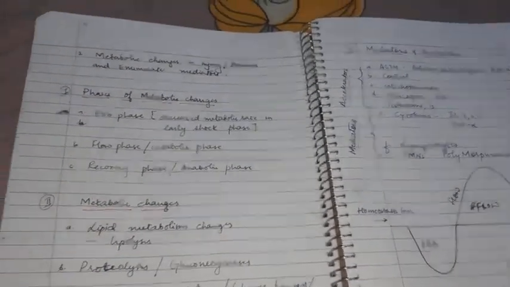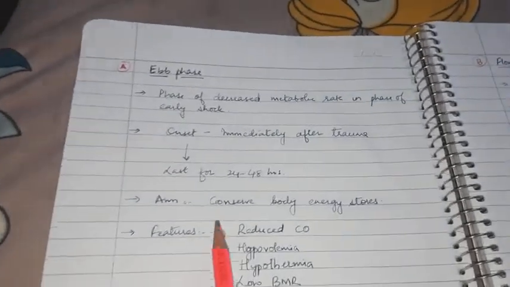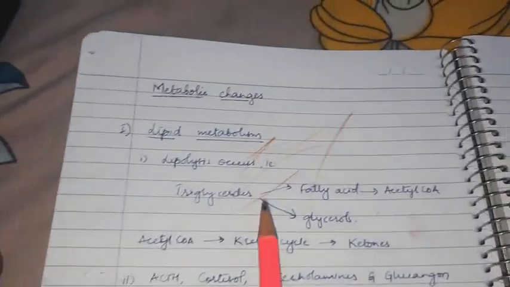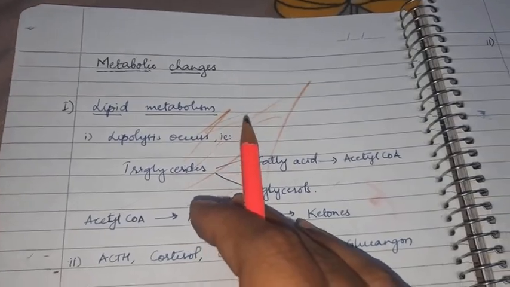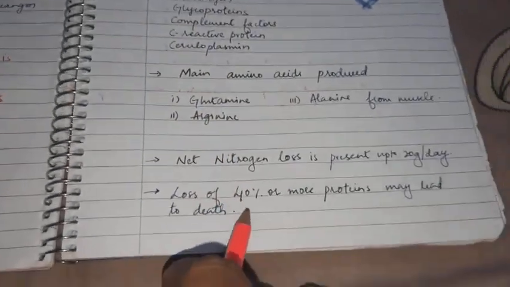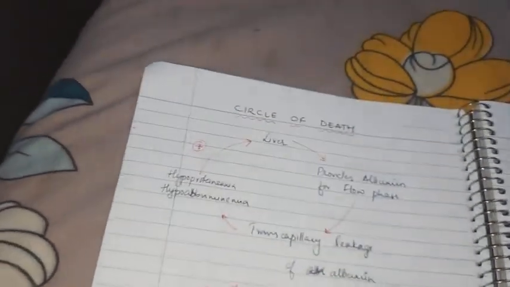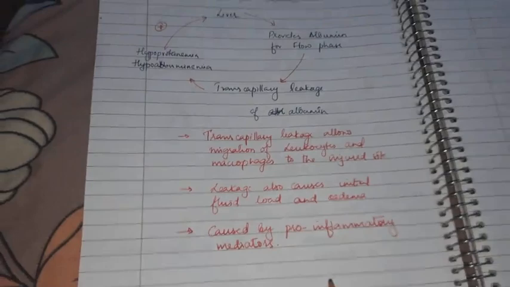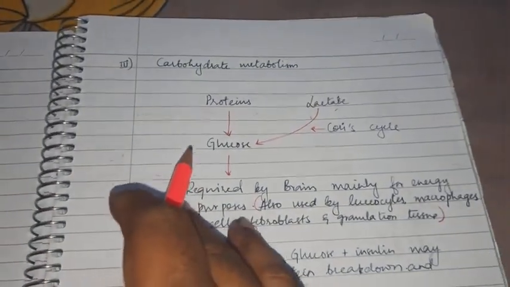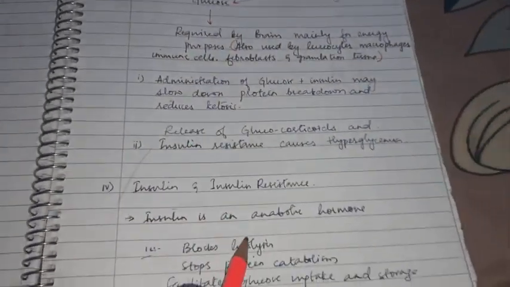Next, if you want to describe, after enumeration, start describing the ebb phase, the flow phase, then discuss the metabolic changes, that is lipid metabolism, protein metabolism. This is just for your knowledge. If you want, you can write it in the exam. This is carbohydrate metabolism,